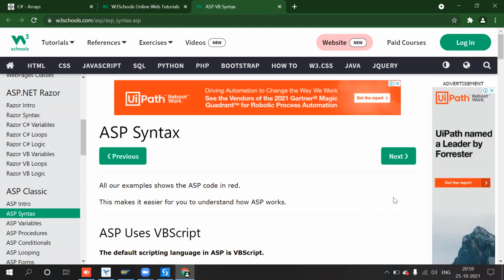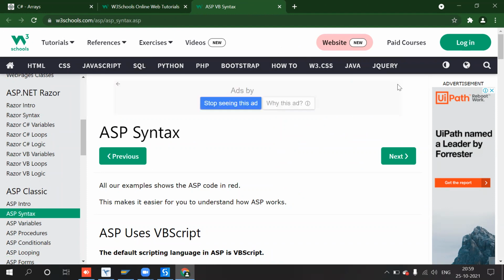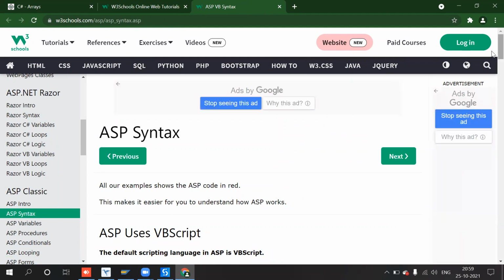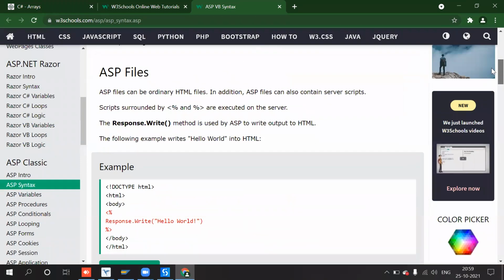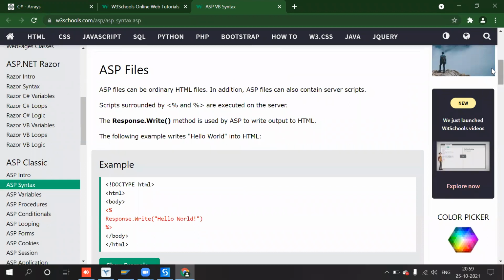So these are all jQuery, Java, Python, what is CSS, what is HTML, what is JavaScript, what is SQL. These are all very important. But just spend 1 hour, that is enough. Daily spend 1 hour to learn something new, that means to learn ASP.NET or C#. Mostly concentrate on coding. How to do that? What is the syntax we have to follow when you use C# or VB? What is the difference between them?